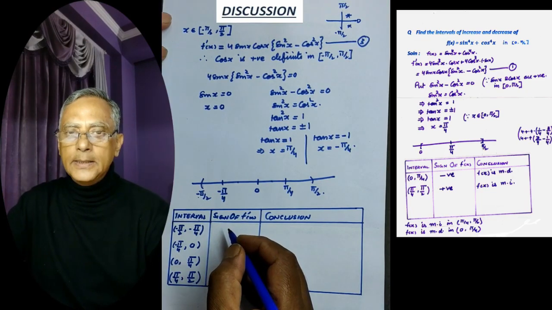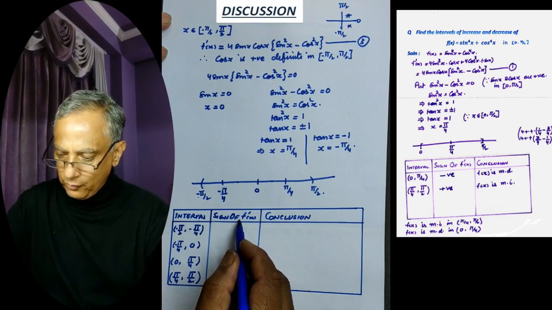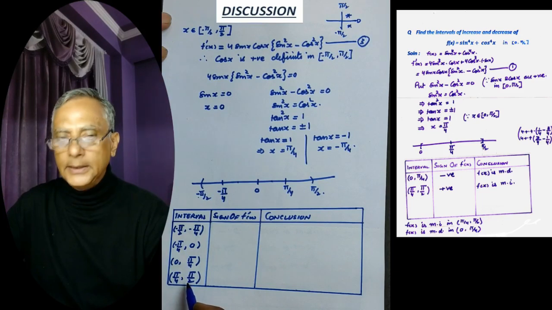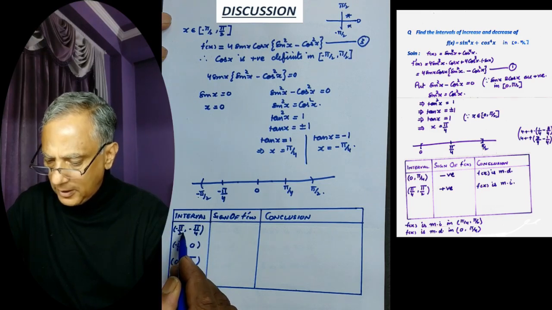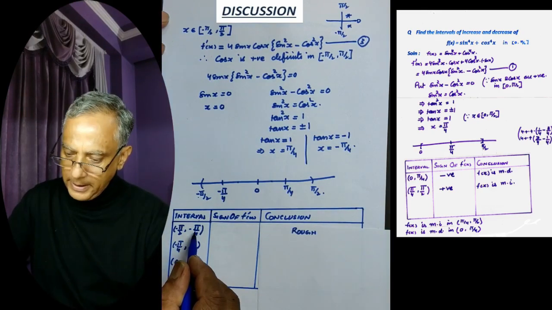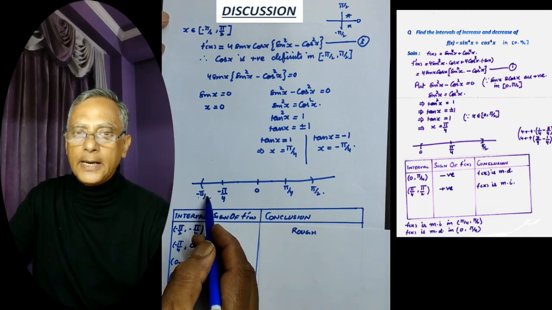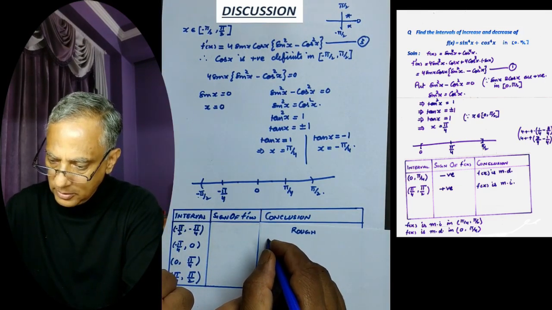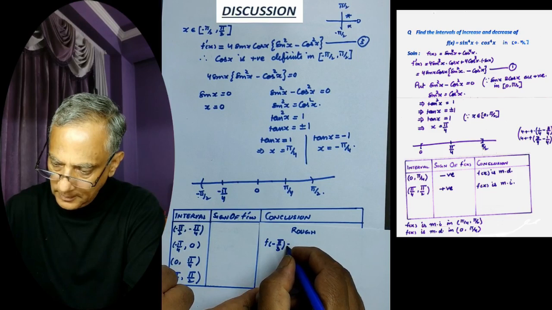Now we have to find the sign of f'(x) in all these intervals. The sign of f'(x) will remain the same throughout this interval. It will remain the same in this interval, and this and this. So instead of finding the sign of f'(x) in the whole of this interval, I will take only one point in this interval and find the sign at that point. Now in −π/2 to −π/4, that is −90 to −45, take any point, that is −60. Therefore, at x equal to −60, that is −π/3, f'(−π/3)